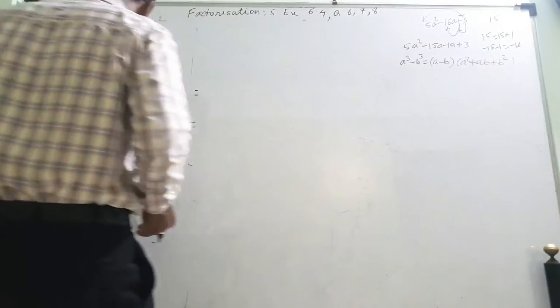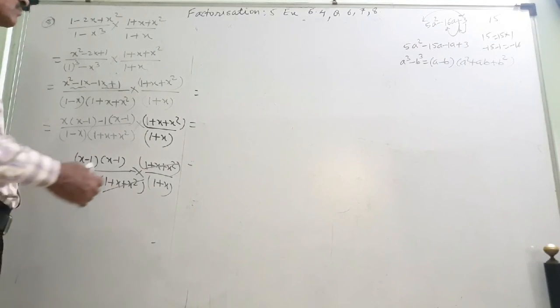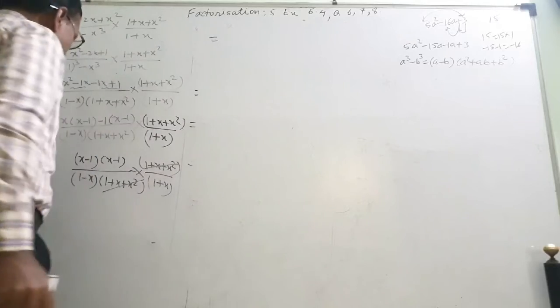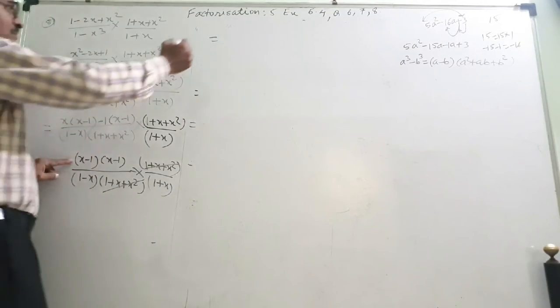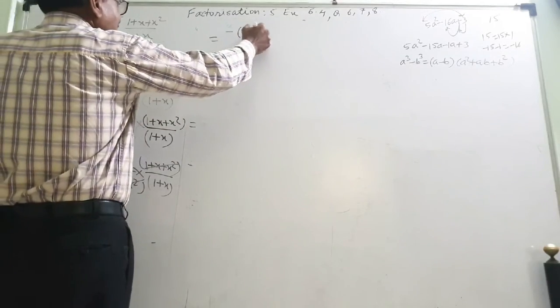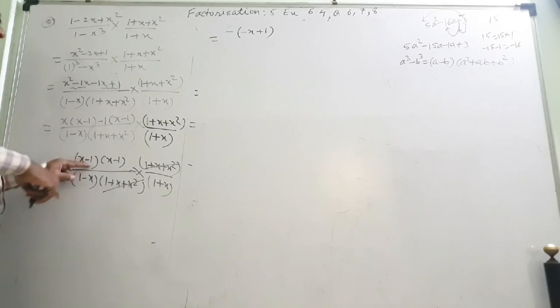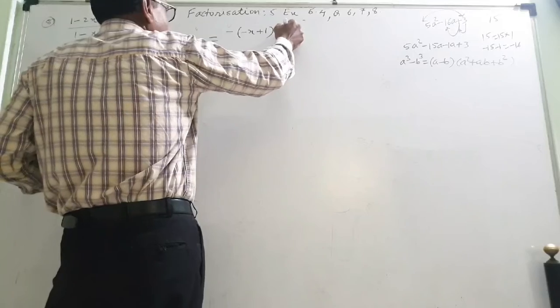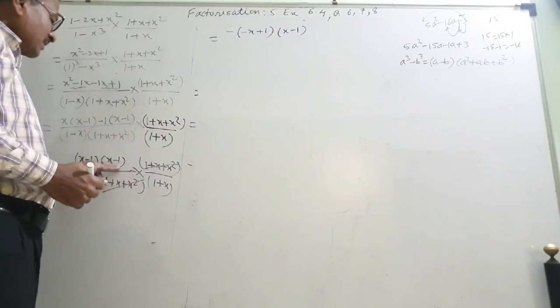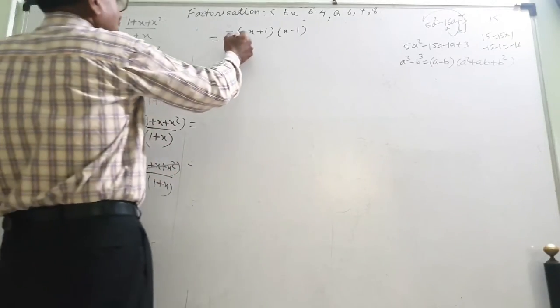So see here, this is x minus 1 and this is 1 minus x. I can change this. How I can change, I will tell you. So that is equal to, if I take this minus common, minus out, then this will become minus x plus 1. Check it. If the minus sign is taken out, these signs are changing. And this will remain as it is, into x minus 1. Because I have not taken the sign from this. Hope that you have understood this.